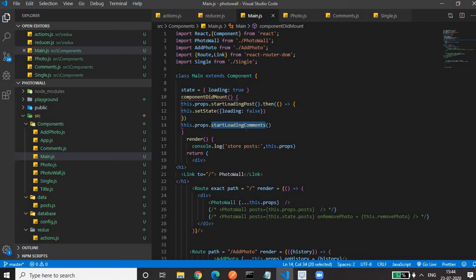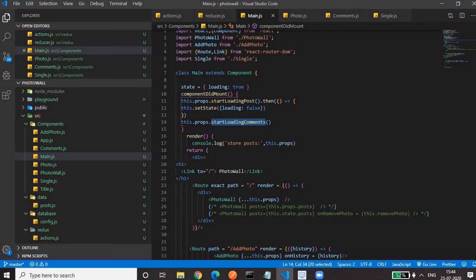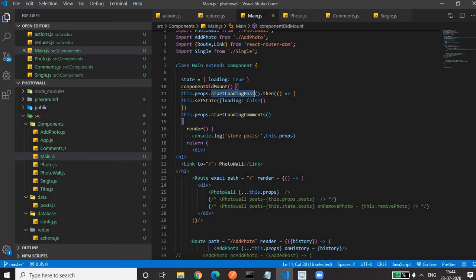Once this action is called, our store gets updated with the database post array, and once this is called, our store gets updated with the comment object, which is in sync with the database. So once we get all this data, we have to pass that in the form of a prop. Once our store gets updated, we have to pass that state from the store to the components to work with the data. The next thing to know is the same as we have followed up to day 4.